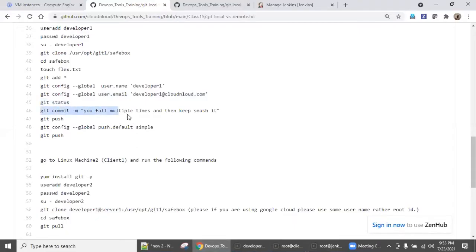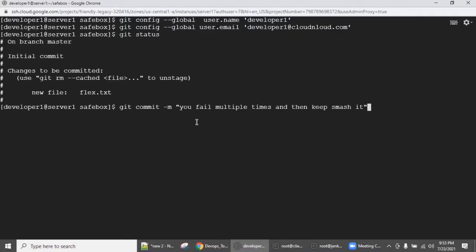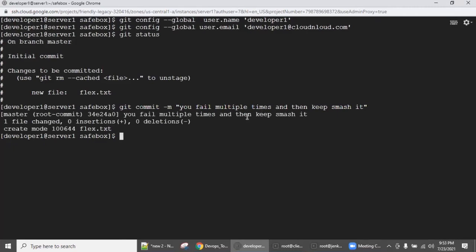We will commit it. Give some meaningful description. I am giving a message saying there are multiple changes related to this file. When you check the log, each change should have a meaningful description. So now we have committed.